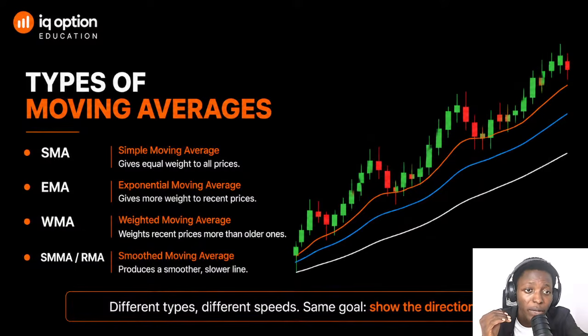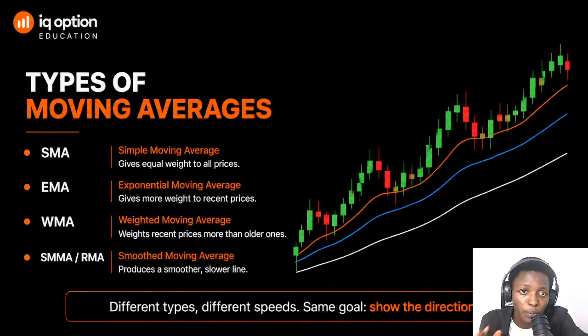If you have an EMA and an SMA with the same period, the EMA will react faster than the simple moving average. That is the reason we're going to use it on IQ Option or on binary options, because it reacts faster to price movement than the rest of the moving averages. So that's why we're going to be focusing on